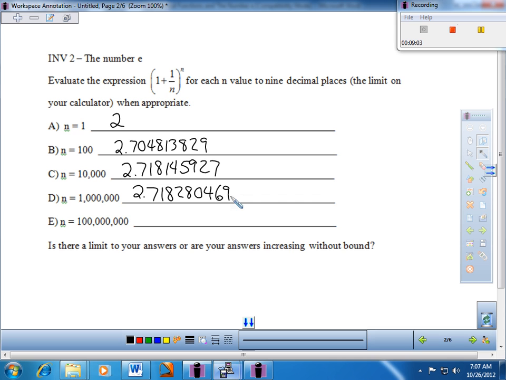We're going all the way from 1,000,000 to 100 million. A huge, huge leap. And what I guess I would ask you is, does it have a major impact on the value of the expression? Even though n is getting significantly larger, does it have a major impact? And you would see if you typed in 100 million as your n value, you end up getting